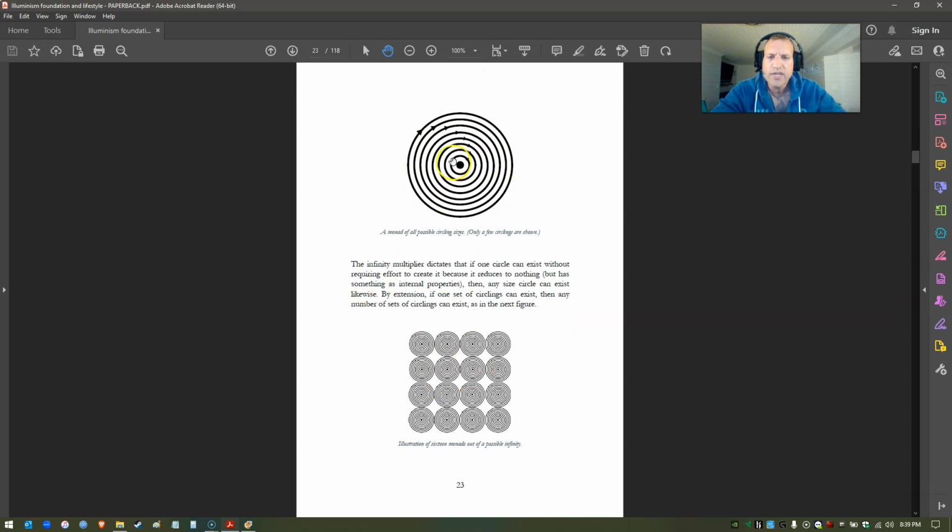Here I can show that you would apply the infinity multiplier to monads as well, and I show 16 monads side by side. In fact, all of this exists in the mental singularity, so all these monads, and there'd be an infinite number of these, just like there's an infinite number of circlings within each monad, then there's an infinite number of monads. These all actually exist in a mental singularity, all on top of each other. Or you could think of them as creating a plenum, a numerical plenum.